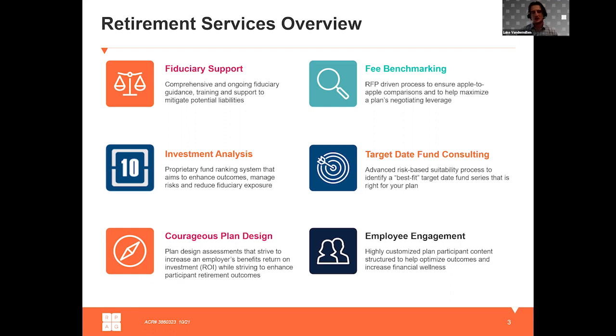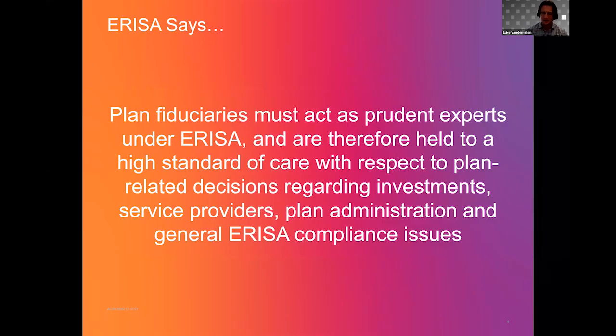And then lastly, courageous plan design and employee engagement. Employee engagement's an interesting one that I'm going to wrap up with today, but I think we have some really interesting facts and ideas on how you can drive engagement with your employees. But to continue on here,